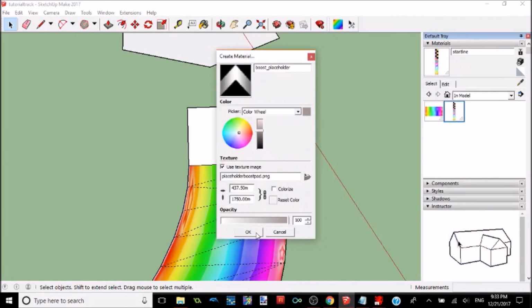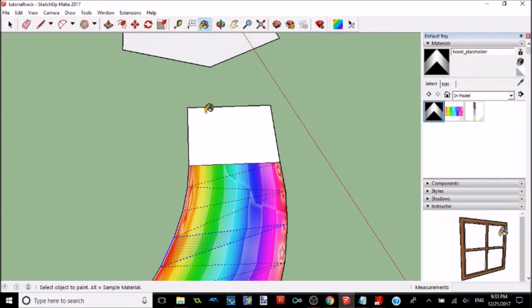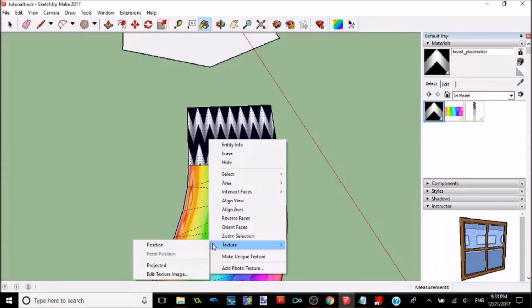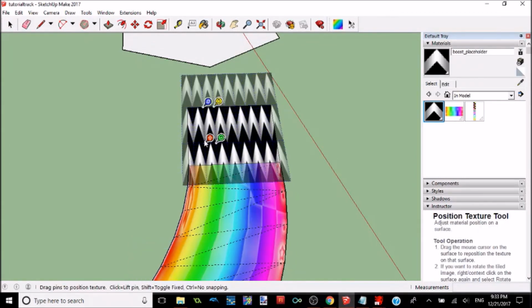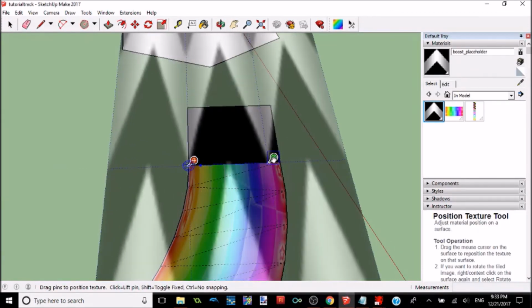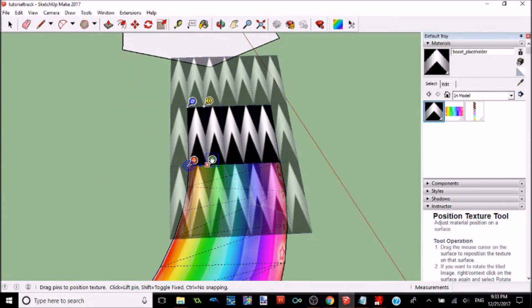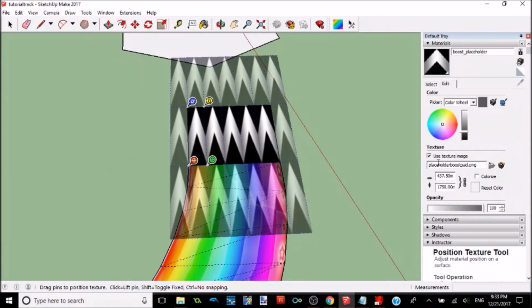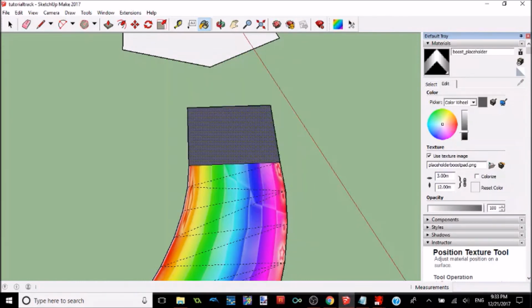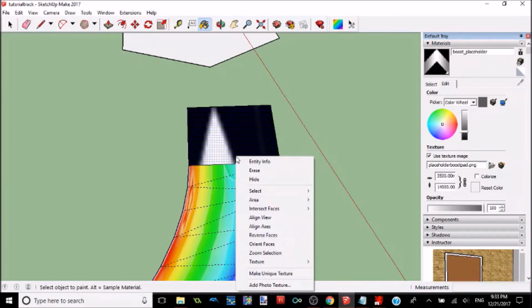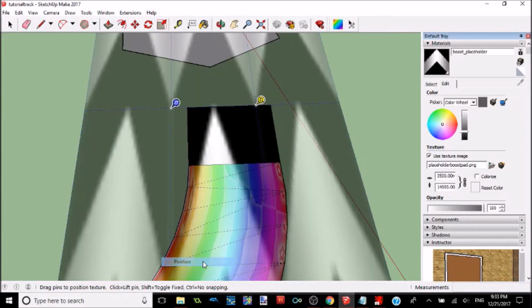Grab this arrow, then just texture position, and then you can resize it like that, but I mean the arrow isn't really set properly, so it's 3500. Texture position,